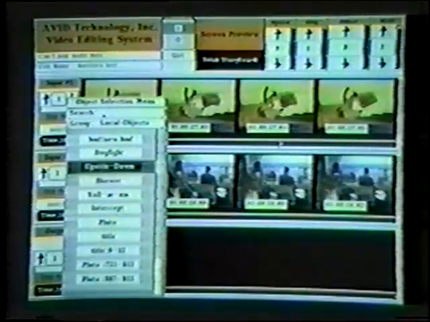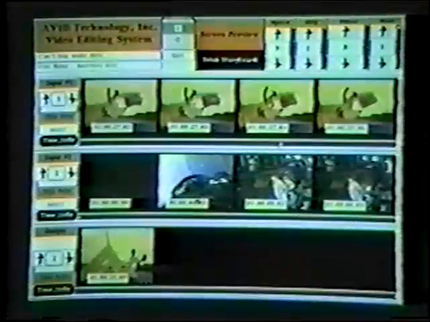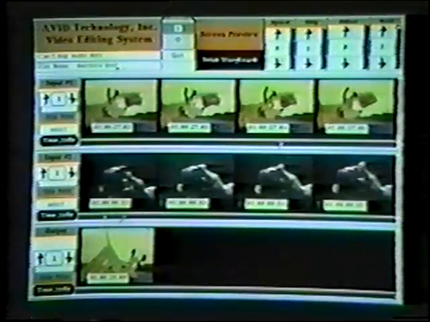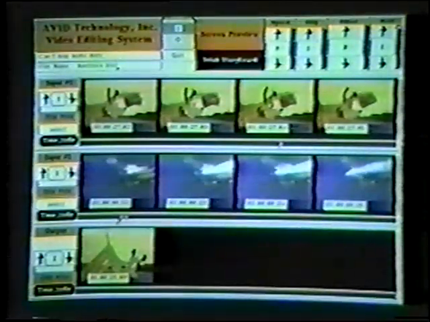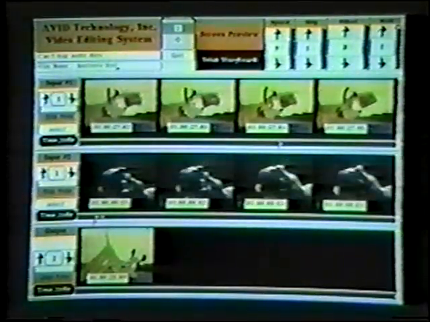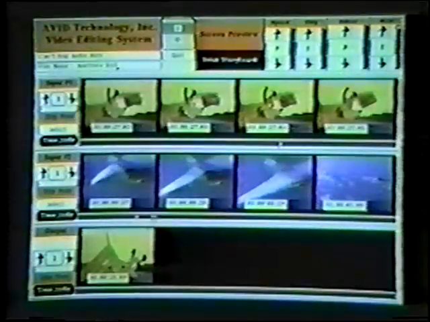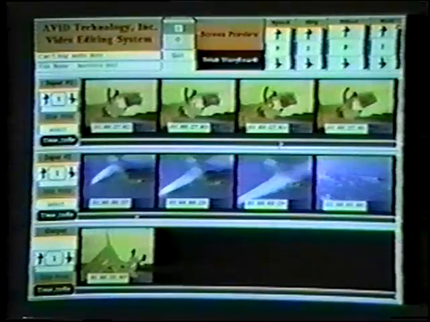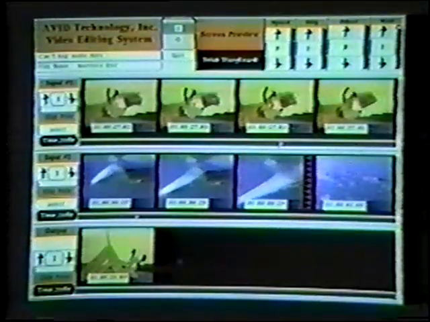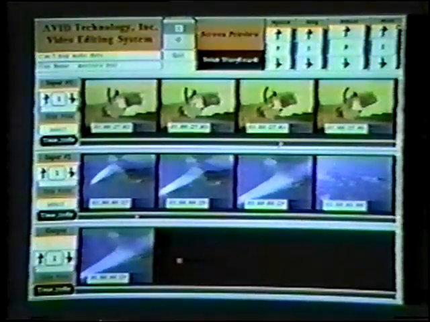we'll paste that in. And now we're going to go to another little segment of Top Gun. This segment where we have a little dogfight sequence, and we'll scroll along this. And there's a segment where a missile gets fired. In fact, we'll take this segment here of the missile shooting, and we'll paste that in,